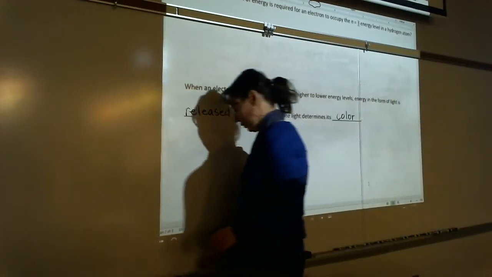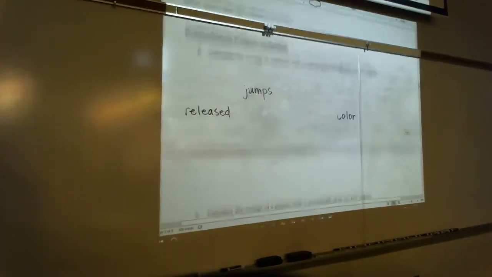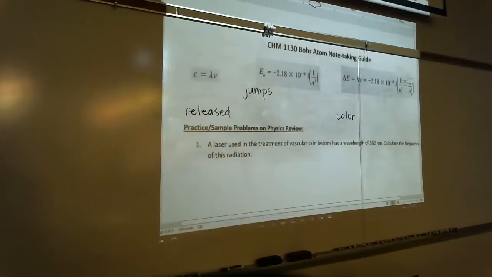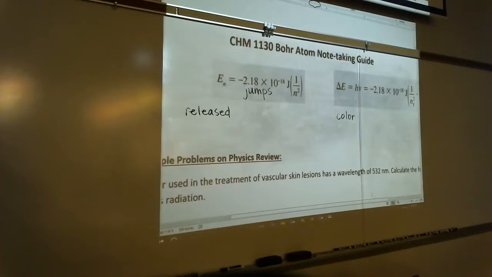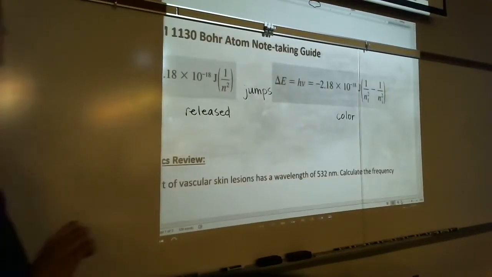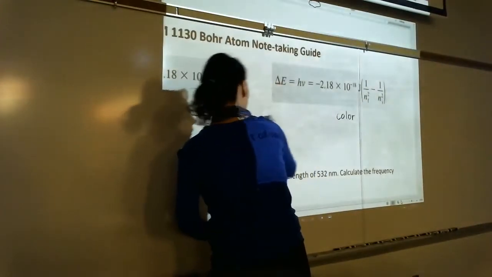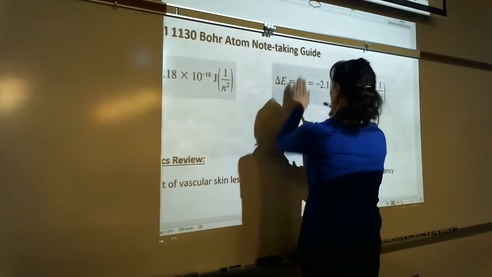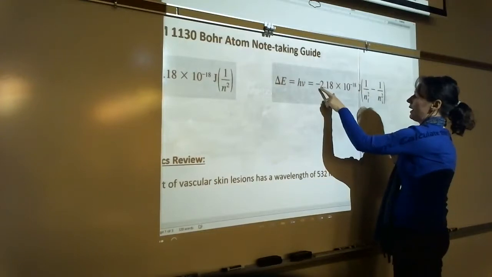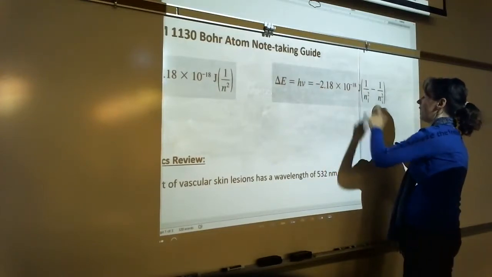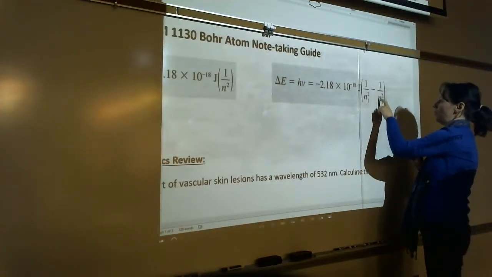Okay? So let's go back to the top to our formulas. We've got one last formula to discuss. It is the other version of delta E. All right, so we just talked about this version of it a second ago. Let's talk about this version of it now. Negative 2.18 times 10 to the negative 18th times 1 over n final squared minus 1 over n initial squared,